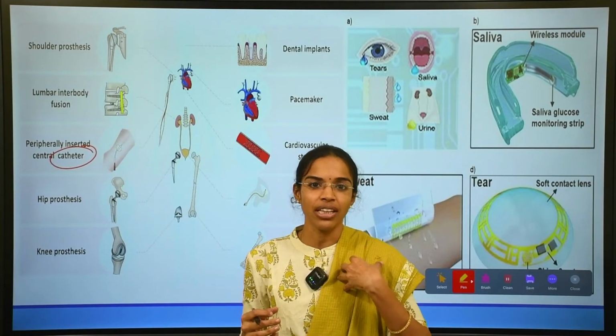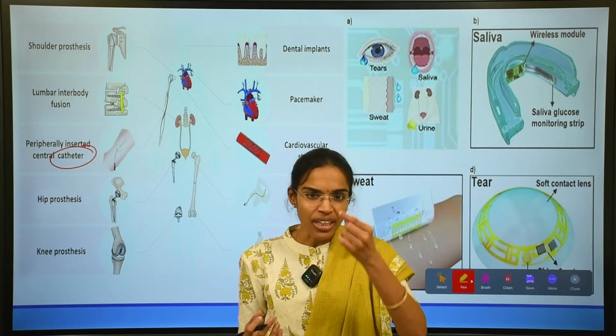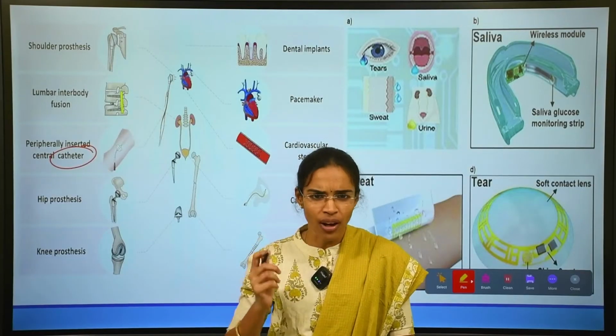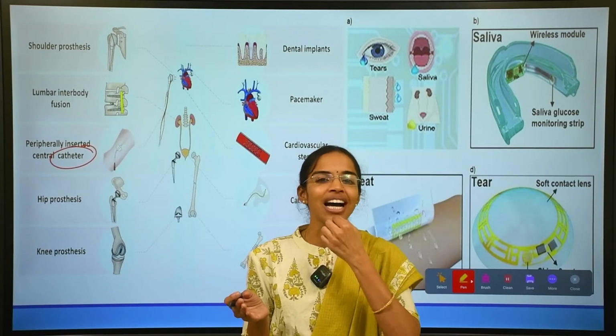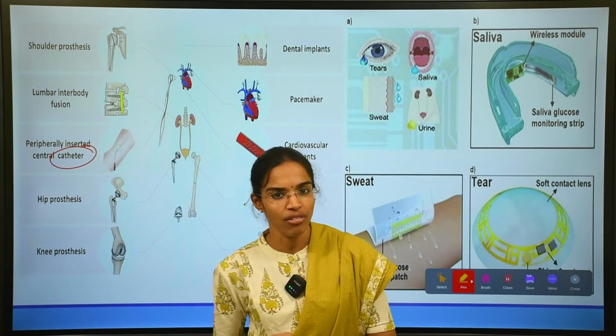In order to feed, when a person is unable to take the food, the feeding tubes are used. Those feeding tubes also come under the invasive devices because they are using the body orifice. They are using the medium of body orifice.